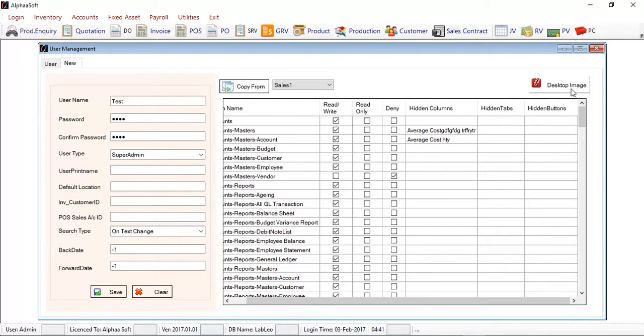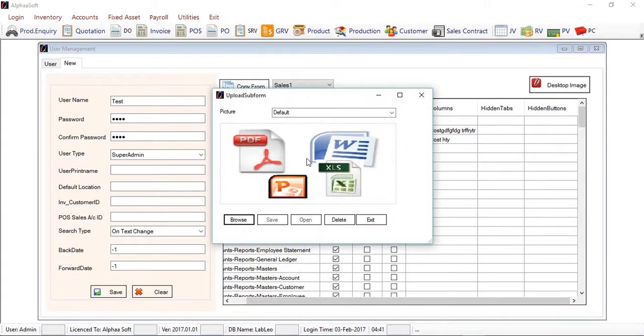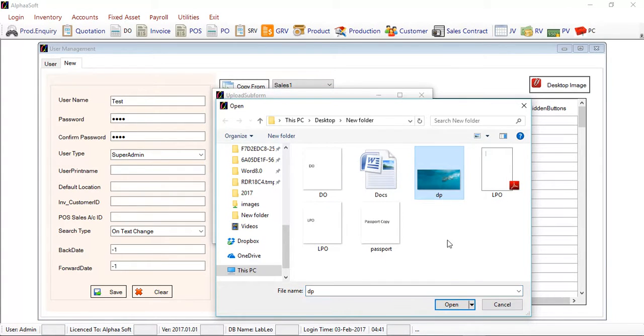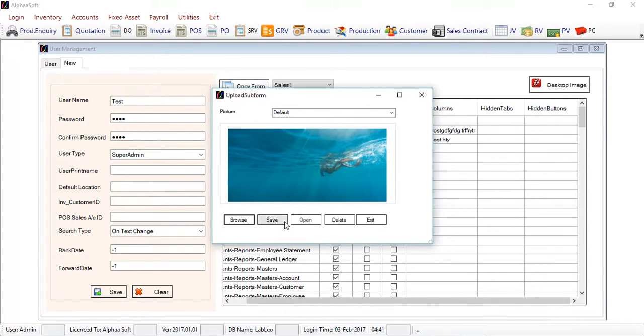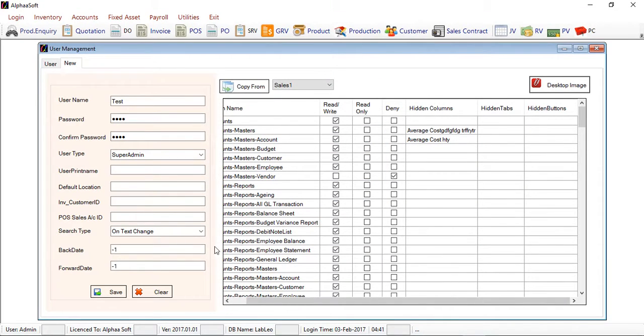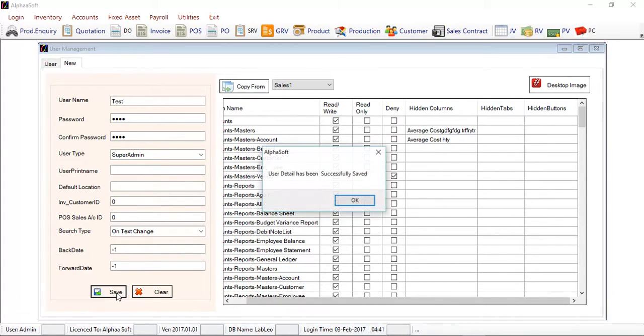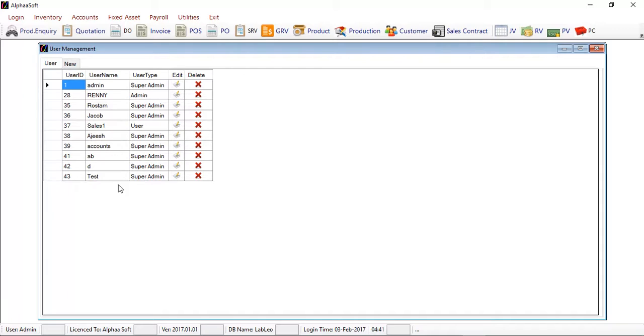And if you want to give any desktop image for that user, you can select the image for the user. If you give this particular image, then when the user logs in, they will get that background picture. So I'm just going to save this one. Save. The user is saved, with the username test. Now if you want to make any changes, you will have to go